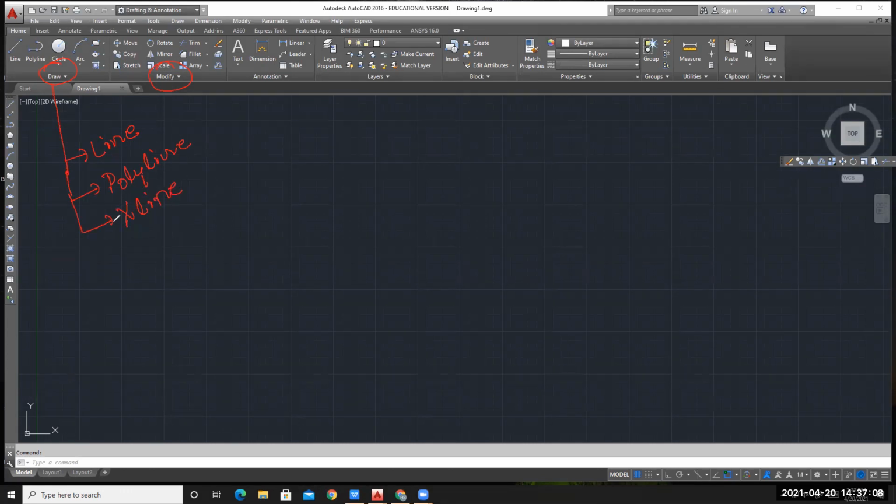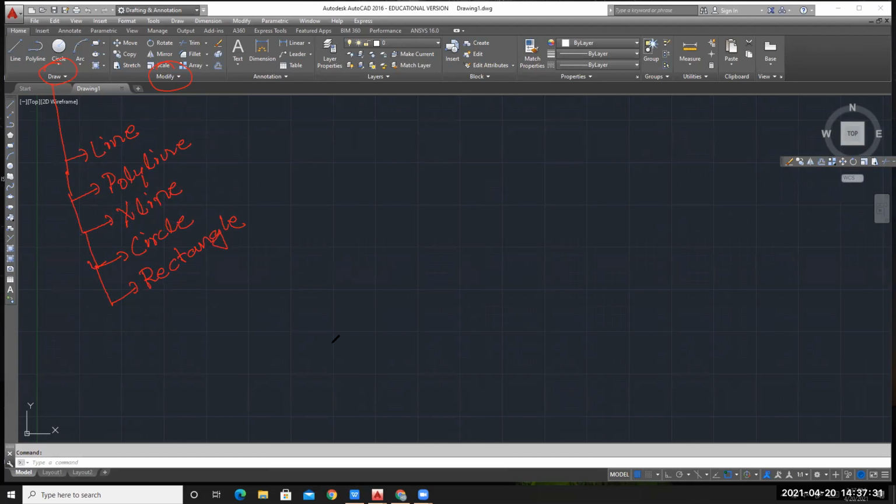Polyline. There is one more variant called XLine. Then in draw commands, you have circle, rectangle, ellipse, and arc. Likewise, you have other tools also.